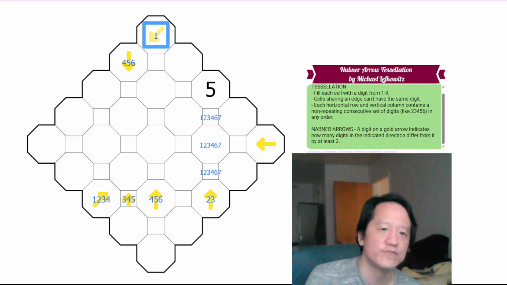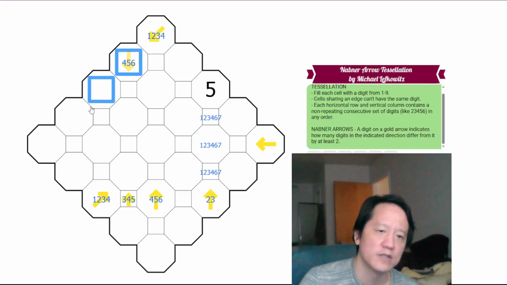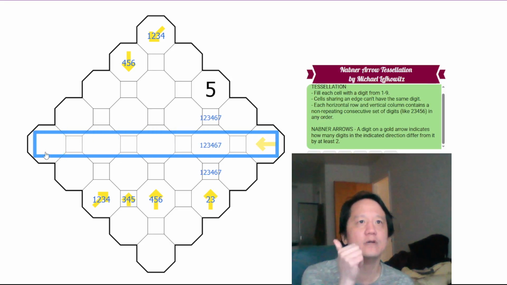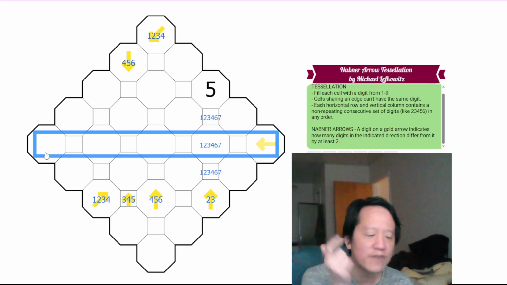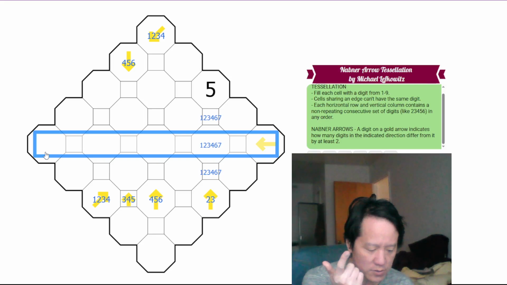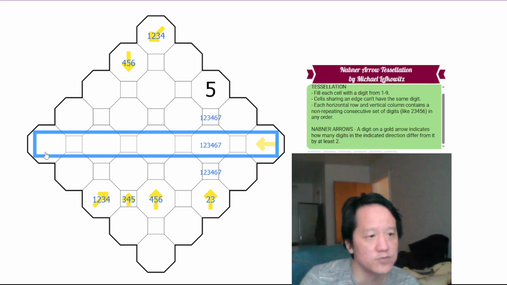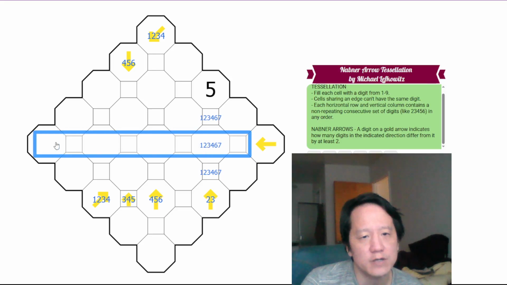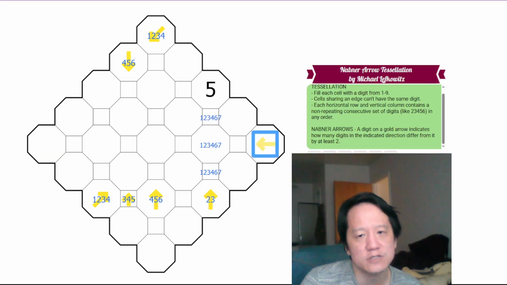This is 1 through 4 here, looking that way. This, again, we have 2 consecutive digits. We have to have 2 consecutive digits here. So the non-consecutive digits here have to be 6. So this is 6 then,